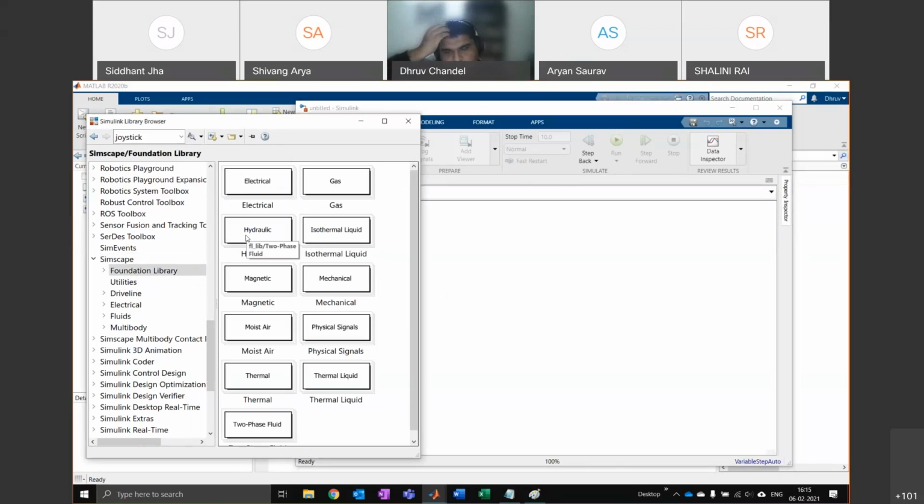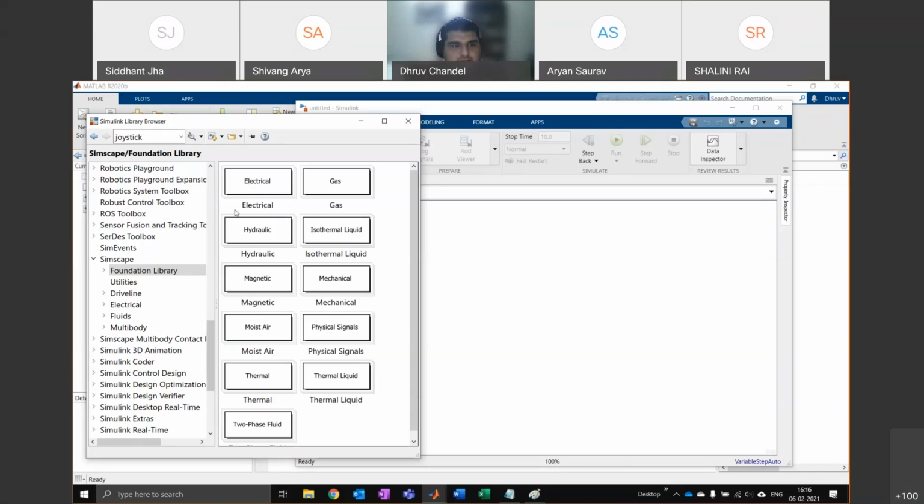This is very helpful because sometimes you're making complicated systems and it's not possible to work out what the equations are. In my PhD research, I used to work on hydraulic systems, and for hydraulics you don't know the equation because it's too complicated how the fluid is going to flow. In that case, you just make a model in Simscape and the software figures it all out. All I have to do is make a controller for it. So let's try to make a motor model first.